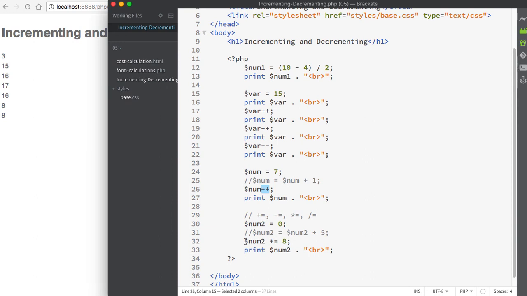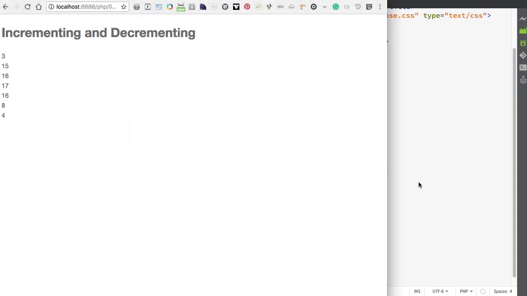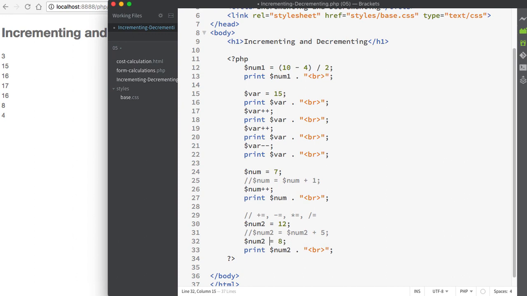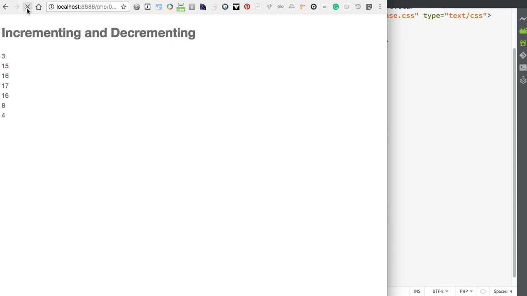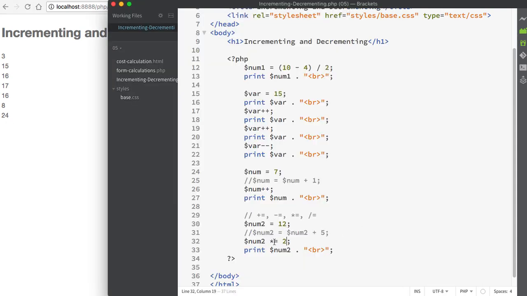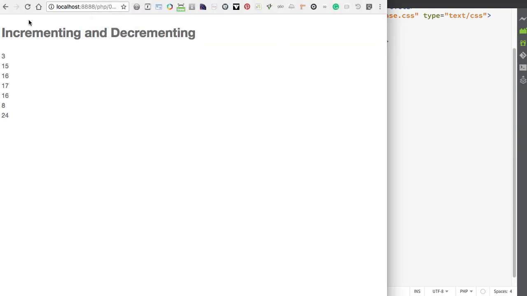So that's just simply going to take the current value and then add and reassign it to whatever the new value is. And we could change these numbers up, obviously. If I make num2 equal to 12, and if I change this to a minus 8, num2 should change to 4, which it does. And we could also perform some sort of multiplication. So if I multiply 12 by 2, we should get 24, which we do. And then we can divide as well. So if I use the / here and I divide by 2, that should give me a result of 6,